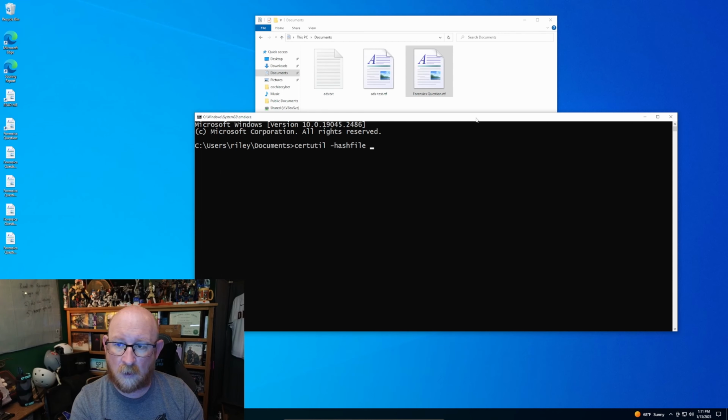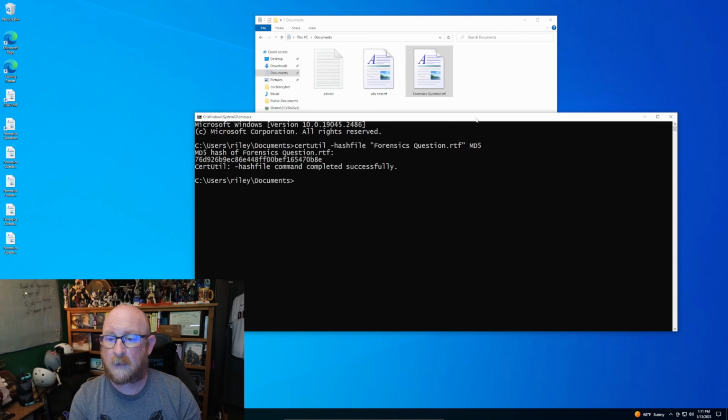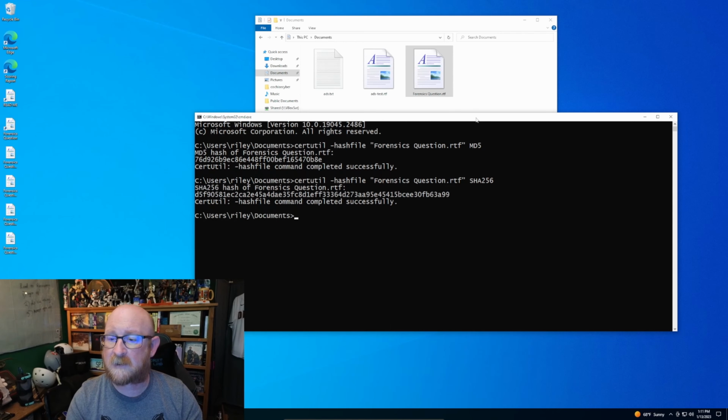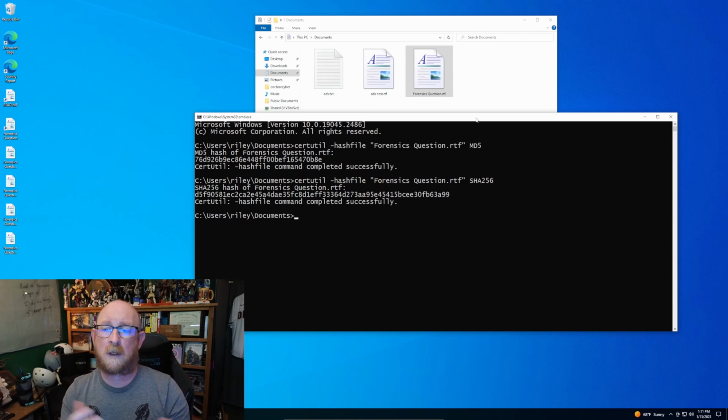And we want, and this is in quotes because we have a space, "forensics question". And then we have the algorithm, and we're going to do MD5. So there you have it. And we could also do SHA-256. You have to know what these different algorithms are in order to run the